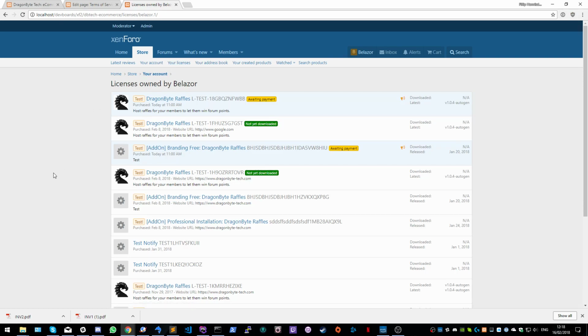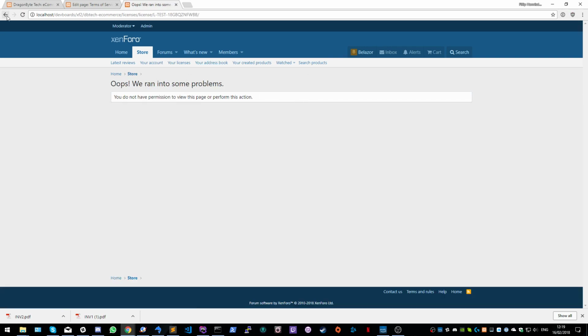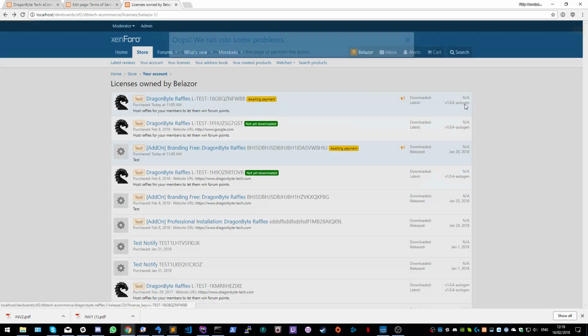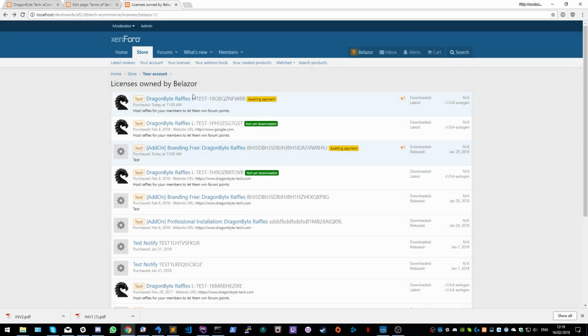Right, then all we have left is the licenses, and here you can see licenses that are awaiting payment, because these are the two licenses that I added to the shopping cart for the license that was awaiting payment, and you will not be able to view or edit or download any of the products associated with this license until the payment's been completed. Obviously, it's just here because I decided to show this awaiting payment system instead of just creating the licenses after purchase, just so it would be easier to